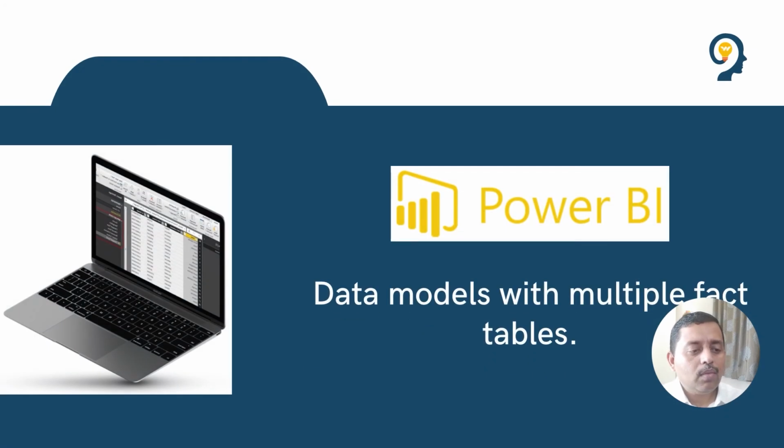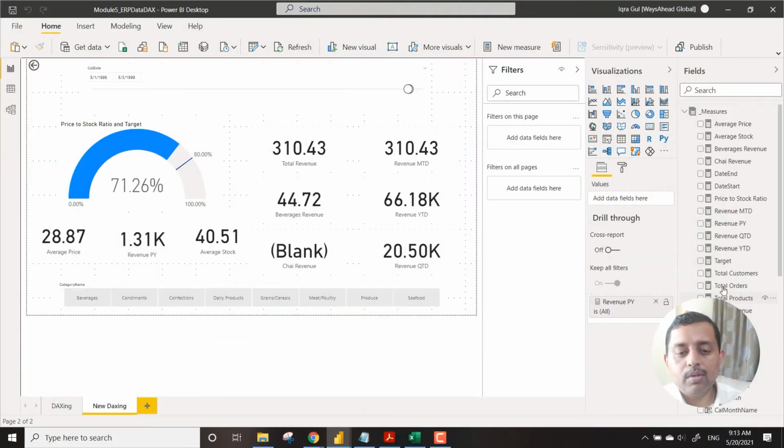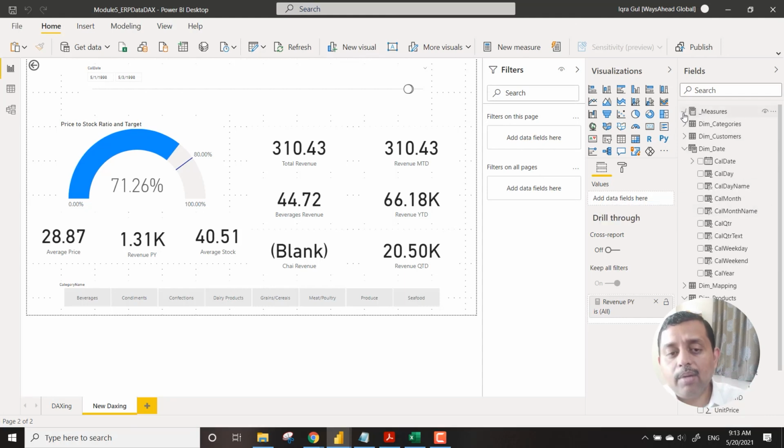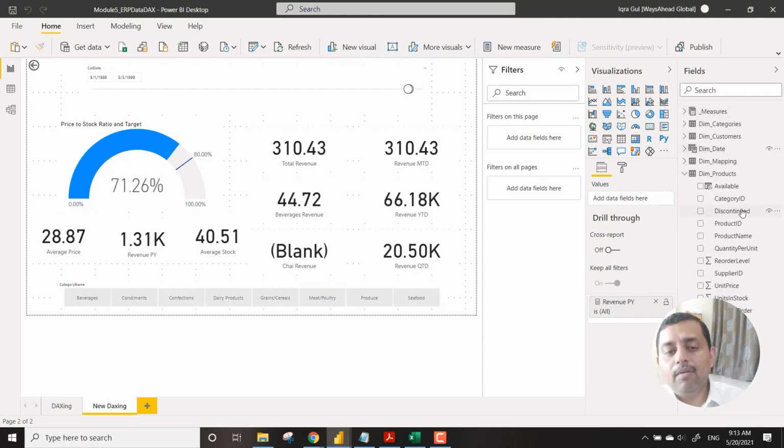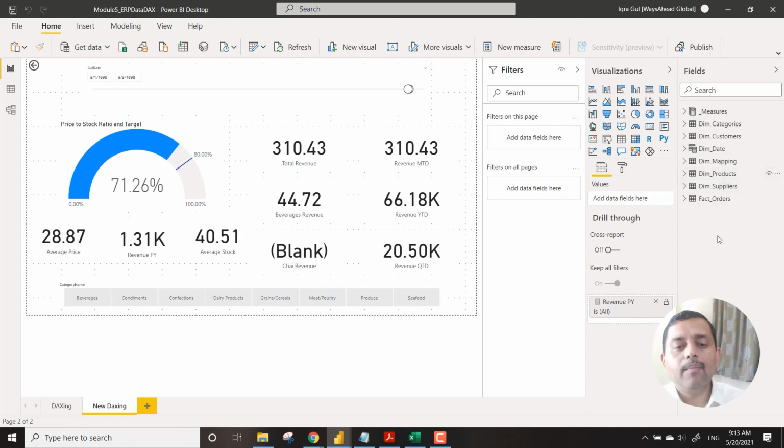If you have multiple fact tables, then we can create models for that too. Right now we do not have a second fact table; we will create one, and then we will see how fact tables can also be interrelated using the DAX functions or the functionalities of Power BI.